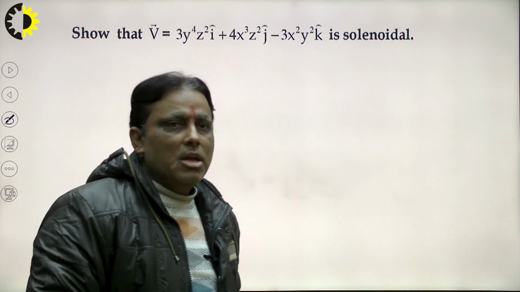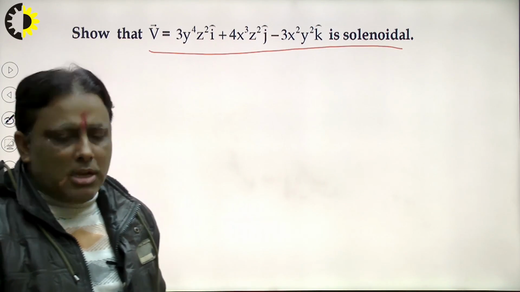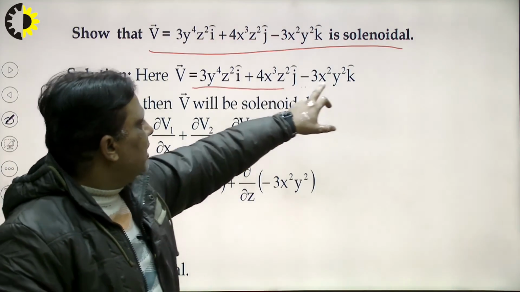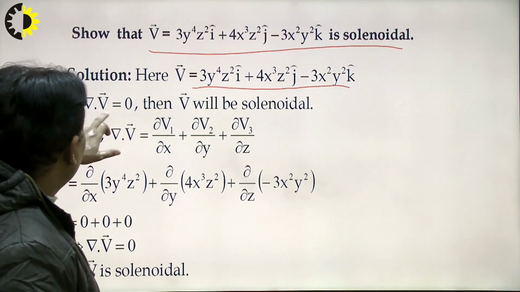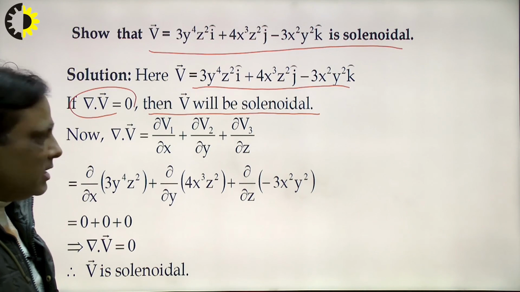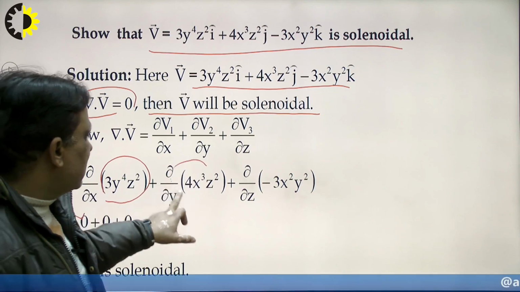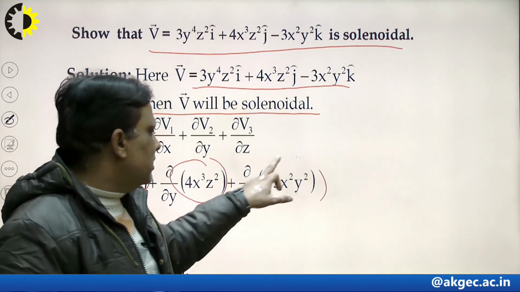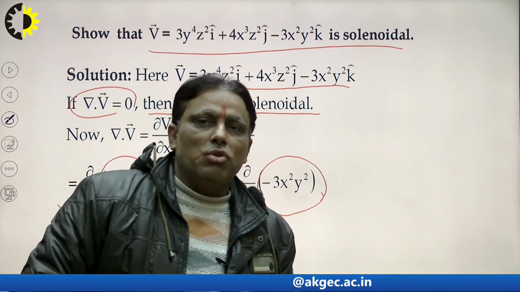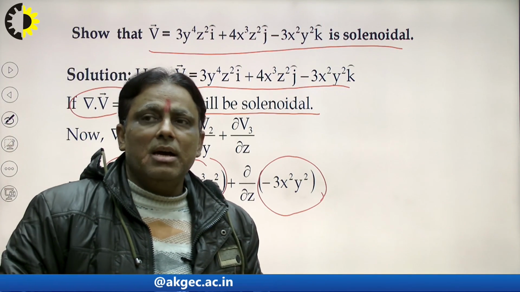In this way we can find out. Suppose we show that this is solenoidal. How to prove this is solenoidal? First of all I calculate its divergence. So how to calculate divergence? We see that here del dot v is equal to 0, then v is called solenoidal. So we put it up here, right. How to calculate? Differentiation of these terms with respect to x is 0, differentiation of these terms with respect to y is 0, and differentiation of this with respect to z is 0. That means vector v is the solenoidal point function here. So in this way we can find out the vector position of the particle here.